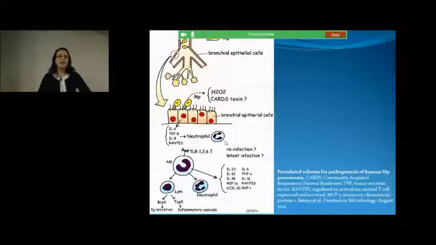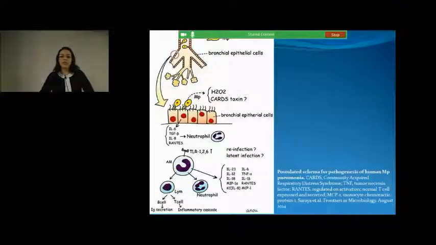This picture summarizes the pathogenesis of human Mycoplasma pneumoniae in the lower respiratory tract. So after inhalation, Mycoplasma pneumoniae attaches to the ciliated bronchial epithelial cells using its attachment organelle. Then it starts to produce hydrogen peroxide and CARDS toxin. Glycolipids present on the surface of the Mycoplasma will stimulate the production of interleukin-6 and other cytokines, resulting in a